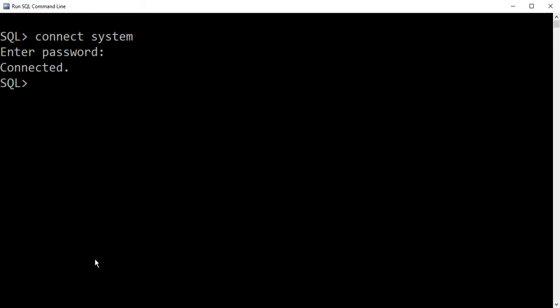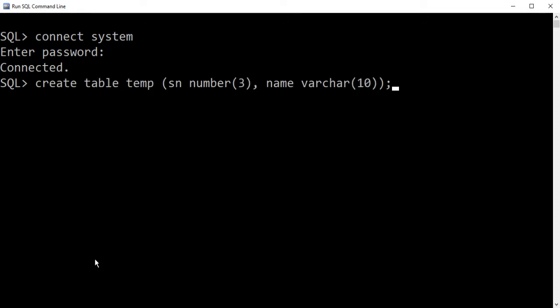Now I have connected with the system after entering the password as tiger. Now creating the table, this is the simple table we have created with the name temp with two attributes only. First is serial number of type number, size 3, and next column is name of type varchar, size 10.